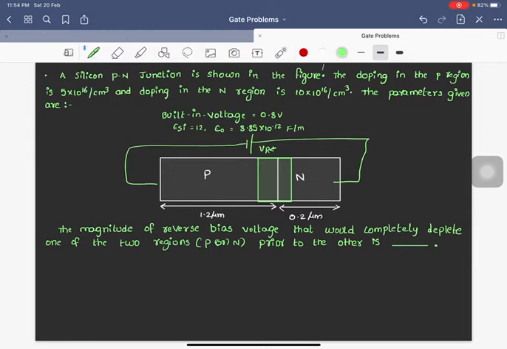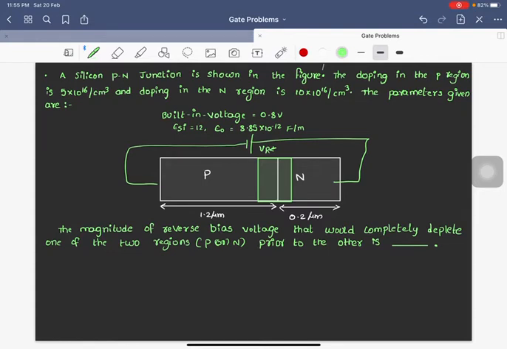the depletion will be widened more when compared to when there is no voltage. So built-in potential will be there. Built-in depletion width will already be present in the PN junction without the application of the reverse bias. But when this reverse bias is applied, that depletion width will be widened because it's in reverse bias. That voltage should be sufficient such that the depletion width widening should entirely cover at least one of the regions, either the N region completely or the P region completely, which can form prior to one another.